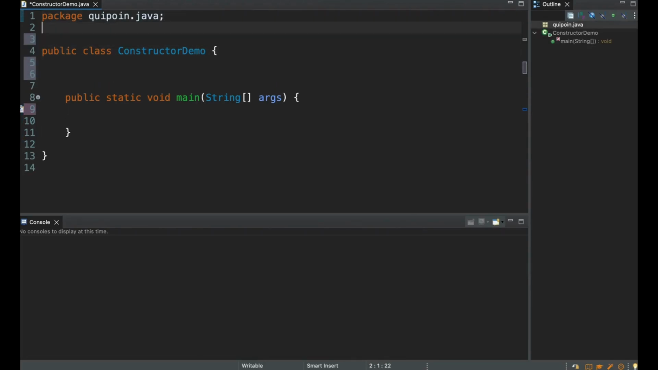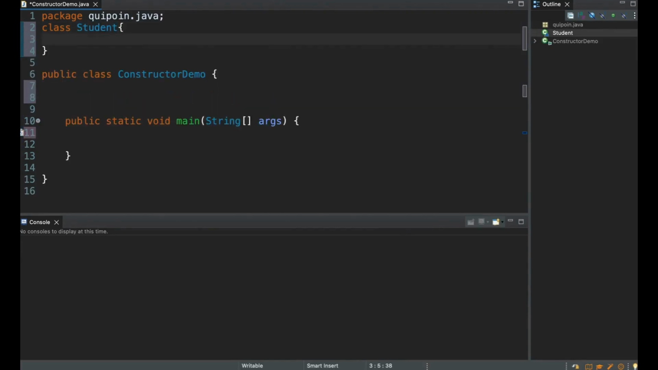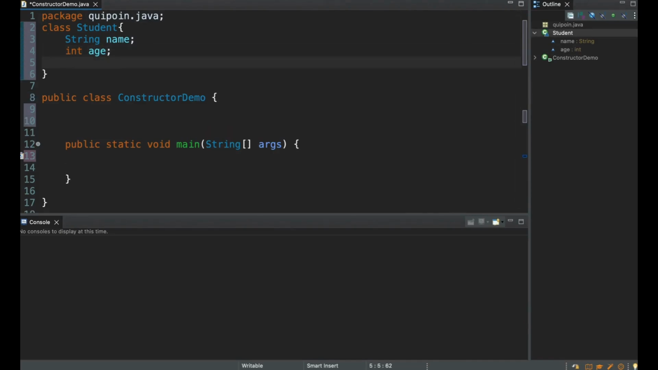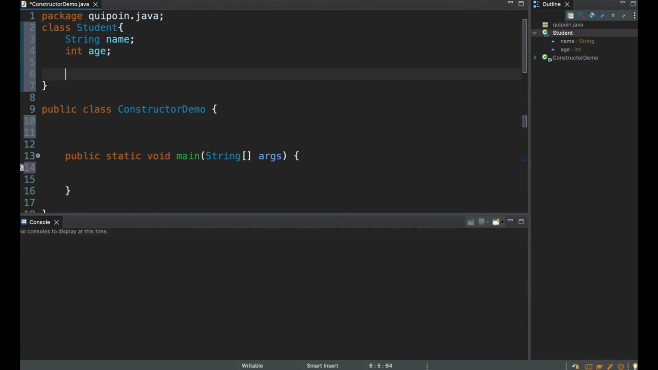So we will write class student. Then we will put curly braces and then we will write String name and then semicolon. Then we will write int age semicolon. Now first we will take our non-parameterized constructor. So we will write Student